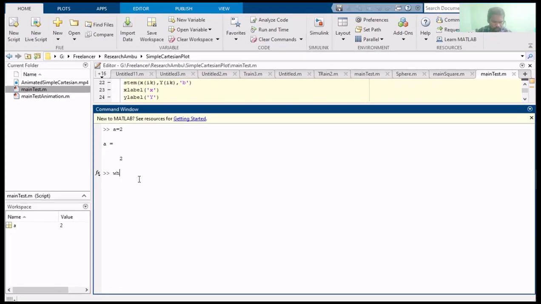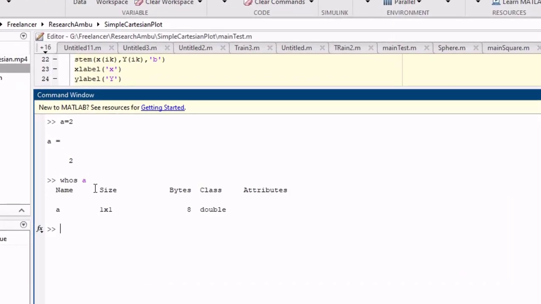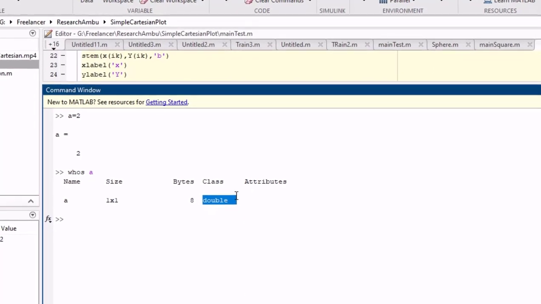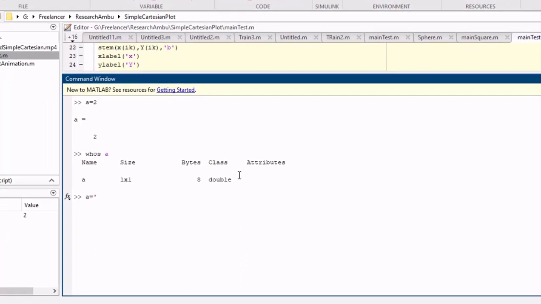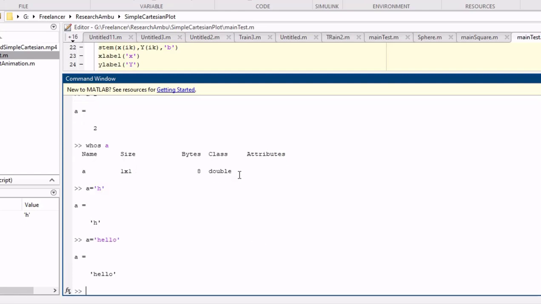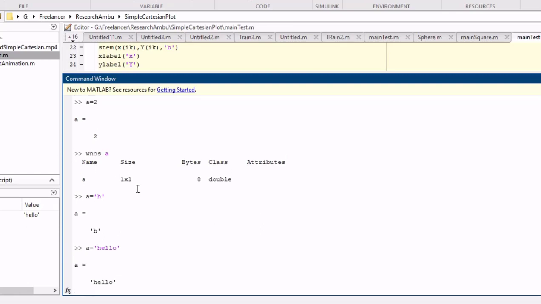If you check with whos a, it's saved by default in double format. If you want a character, a equal to h is saved in character format. If you want a string, hello is stored in string format. So we have no need to mention any data type here.